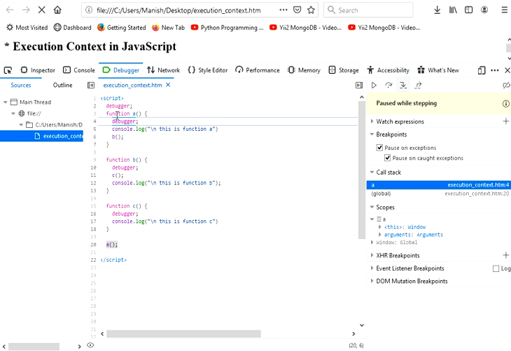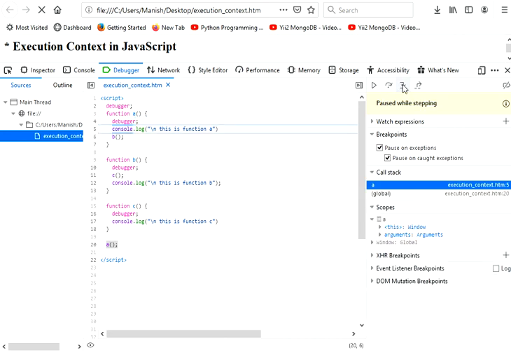So now control is inside function A. If you observe the call stack, first of all the engine created an execution context for this particular function A, and to track that function, the execution context of that function is pushed into the call stack, and memory is created to execute function A. Now let me move further.